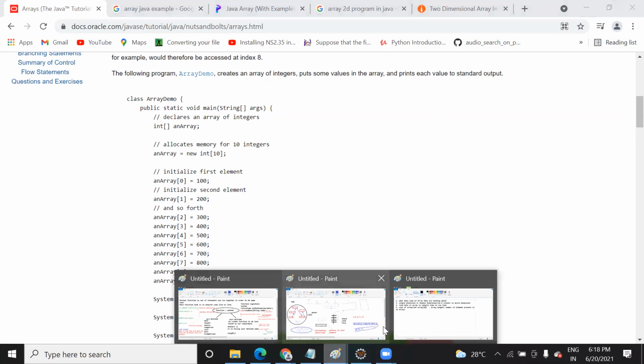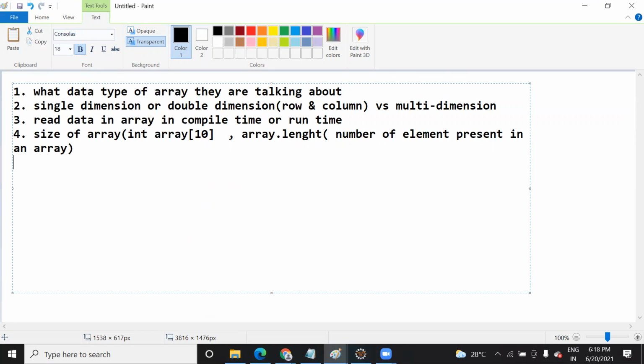You can declare an array like this: first the data type, then the name of the array, then square brackets. In these square brackets you will define the size, meaning the number of elements that should be present.